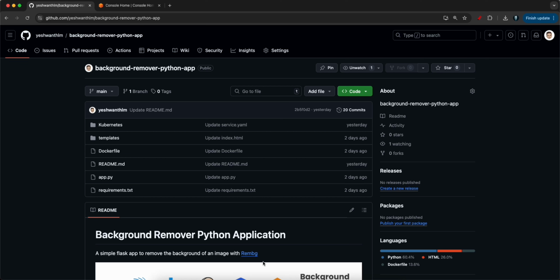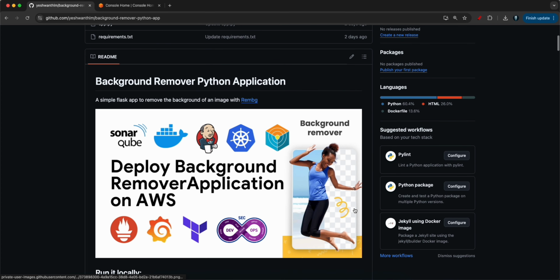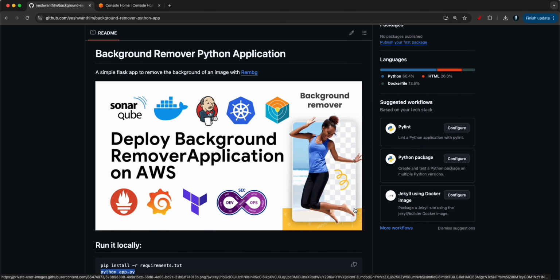So today we are going to build another exciting DevSecOps project, which is a background remover application, a Python application. We are going to deploy that on a Kubernetes cluster with the DevSecOps approach. So if you're wondering what are the different tools that we are going to use, if you see on the screen, as the thumbnail itself says, we are going to use Jenkins as the CI/CD pipeline builder,